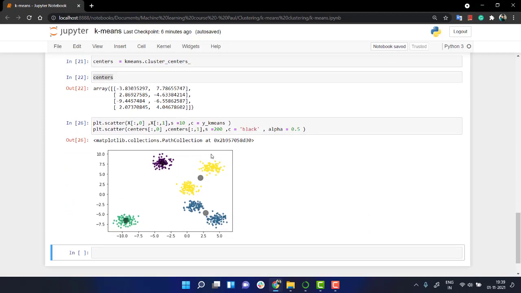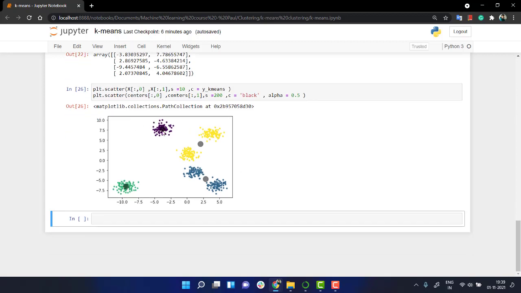It gives me a better picture, right? So over here we can see that we have one cluster over here. I think this black dot is not very much visible, but yeah, we have a black center over here, and we have a center over here. So we can say that we are able to find four clusters,